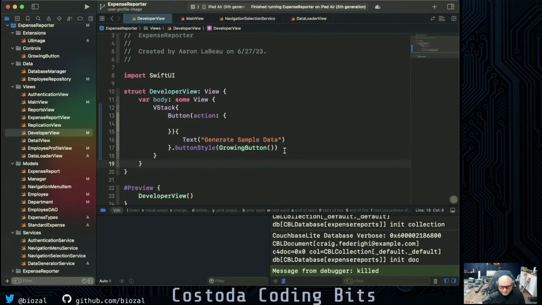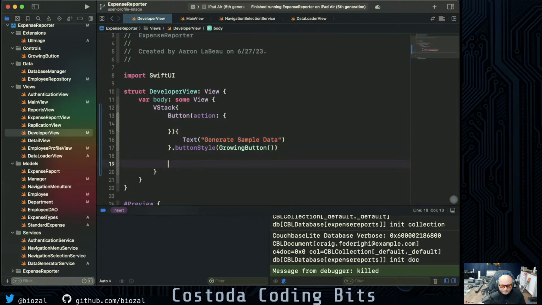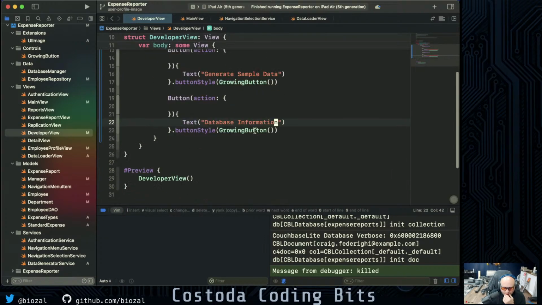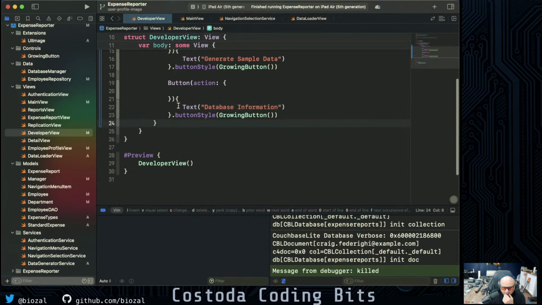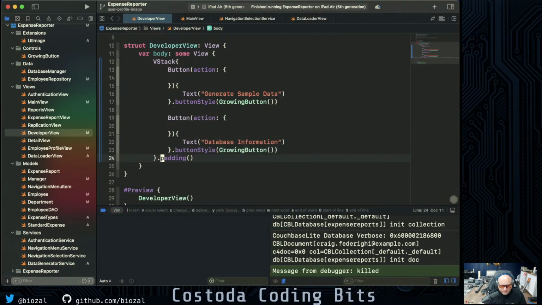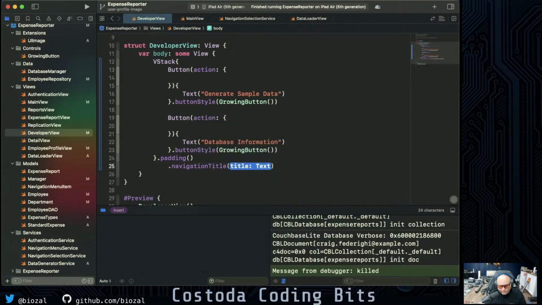And then we want another button here, so let's make another button, and we're going to make that other button called database info. All right, we got 2 buttons now in here. We want these with, let's put padding in there. And can we put a title? Navigation title. Let's say title equals,